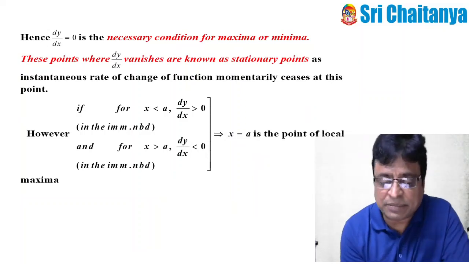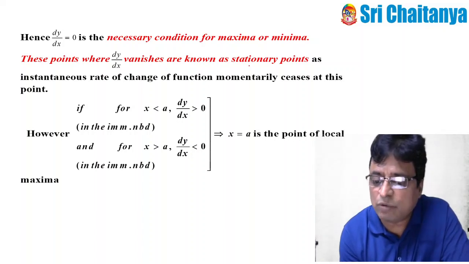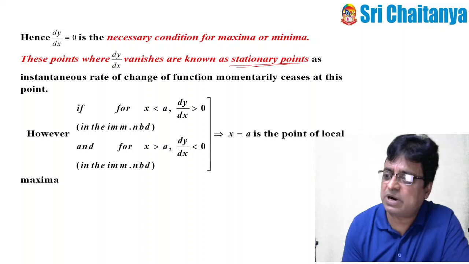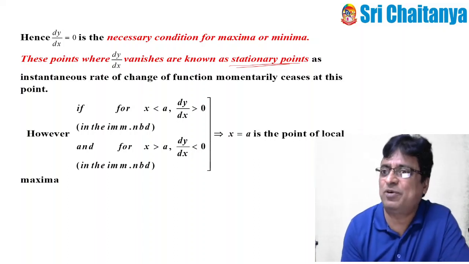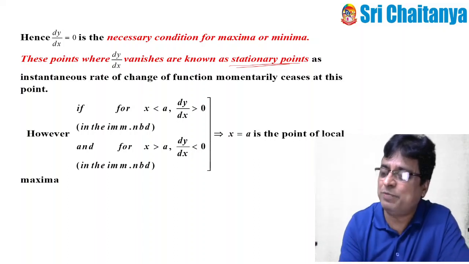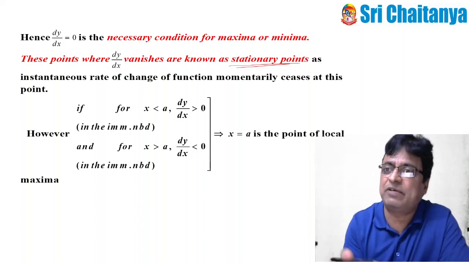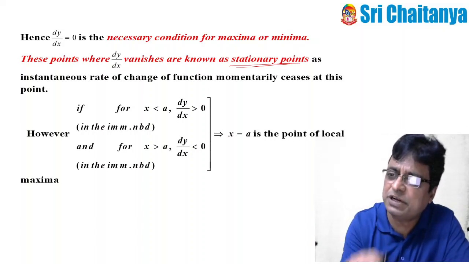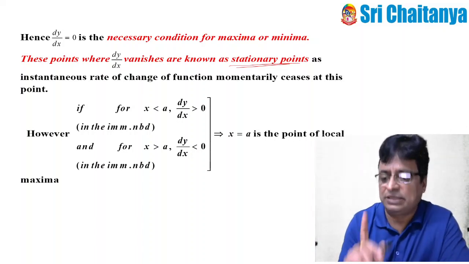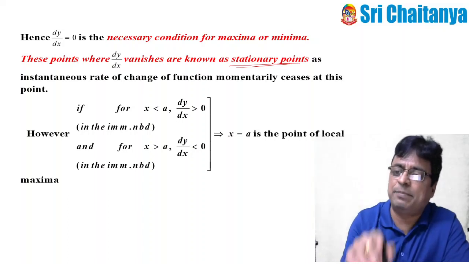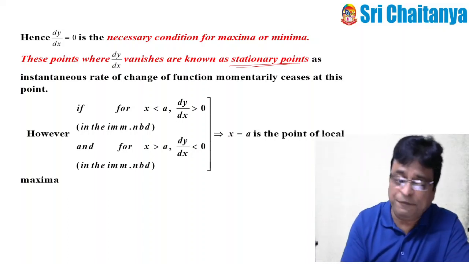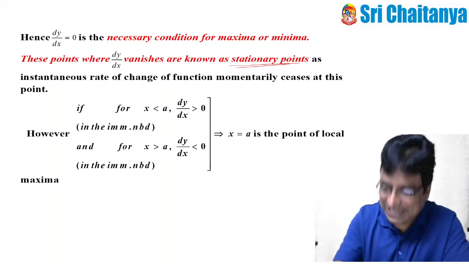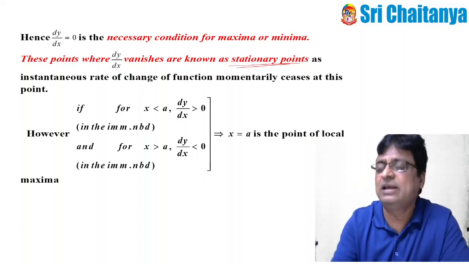And the maxima and minima points are also called stationary points. See, different words we are using here. Points I am talking about; value is different, point is different. Whenever I talk about the points, where the derivative of the function becomes 0, then I can say that the point is a maximum point or a minimum point. How can we say confidently that at this particular point it has maximum only, or minimum only? That we will learn in the next slides.